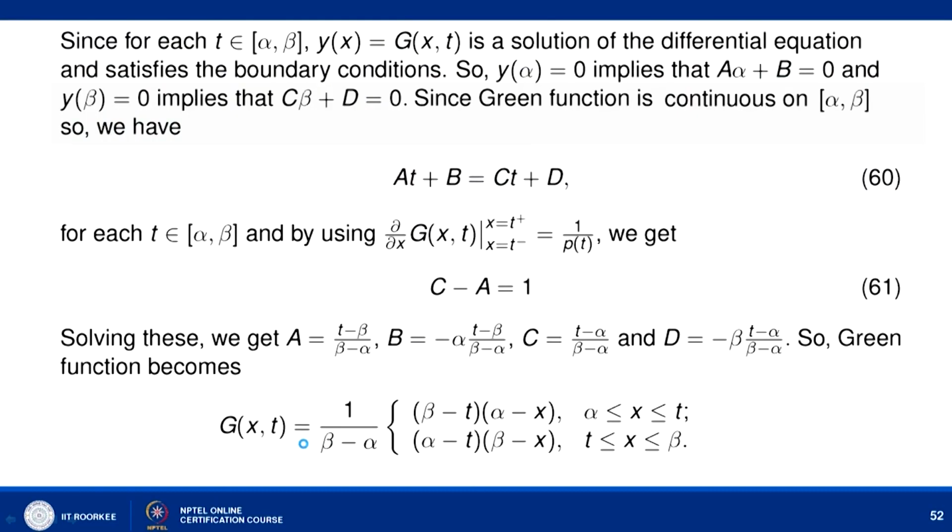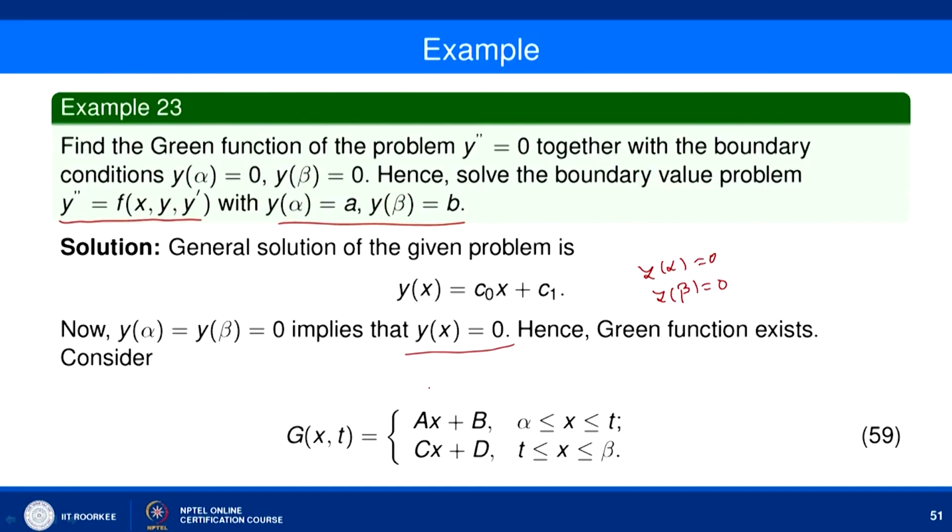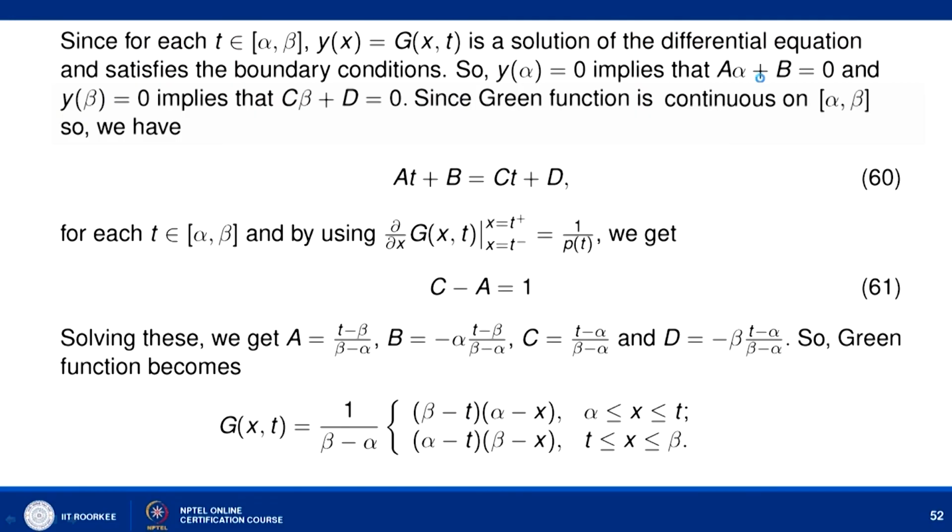Since G(x,t) satisfies the boundary condition, it means that ax + b will be 0 at x = alpha. So that will give you a alpha + b = 0, and y(beta) = 0 implies that c beta + d = 0. Since the Green's function is continuous, we have one more condition that at + b = ct + d, and using the jump